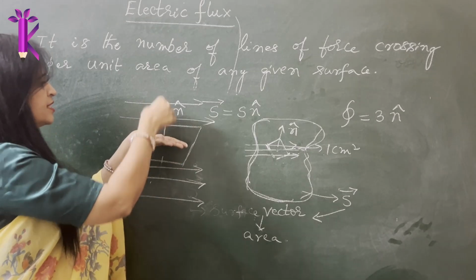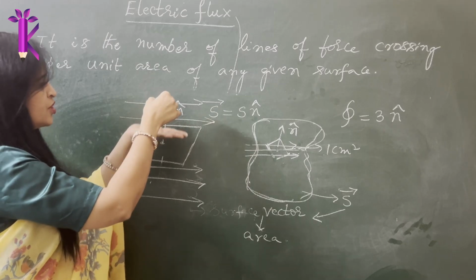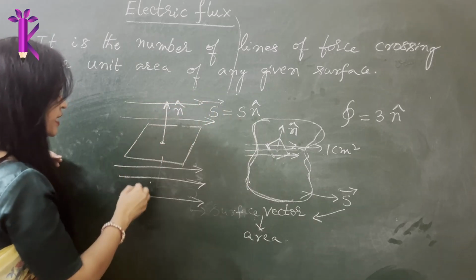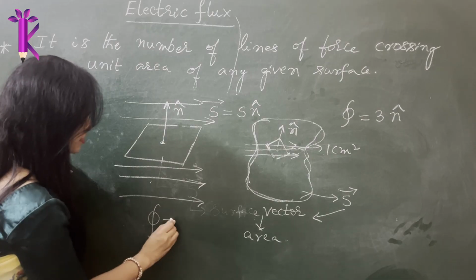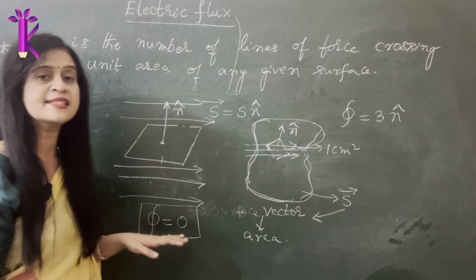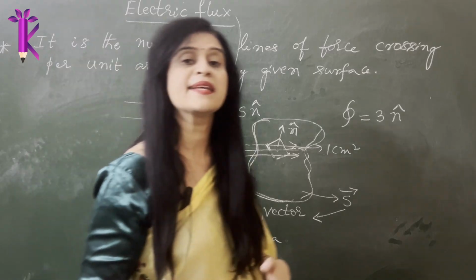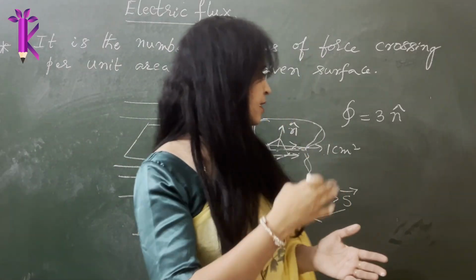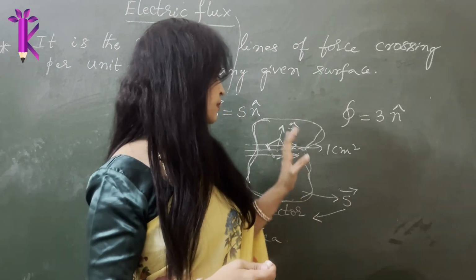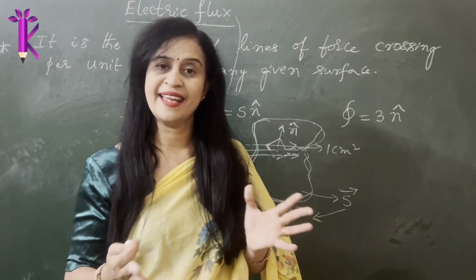So what is the direction? It is facing in this direction. You are basically keeping it like this. Now you see, what is the number of lines crossing here? The number of lines crossing this cross-sectional area is 0. Okay, so it makes an angle 0. So we will define cos theta and do it further. But this is how you define an area vector.